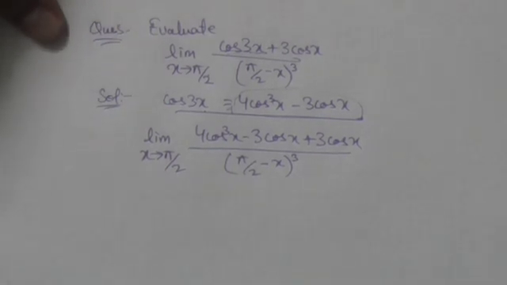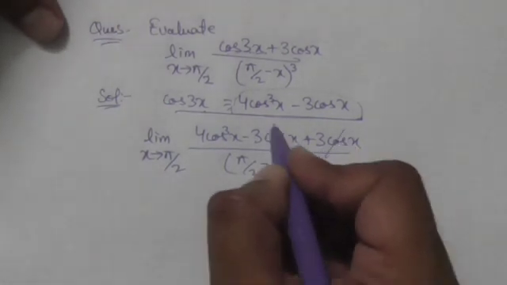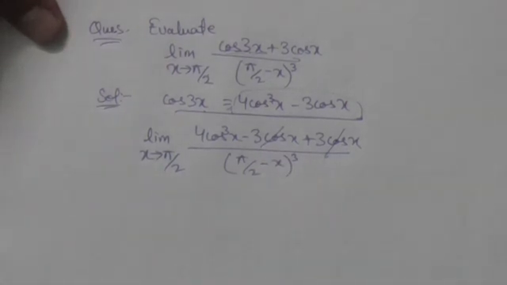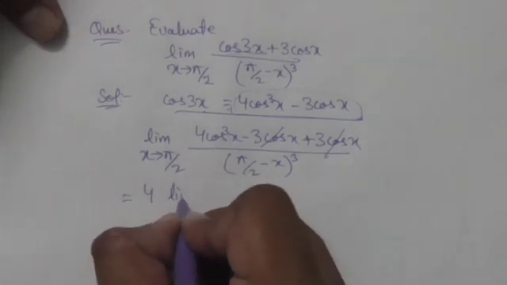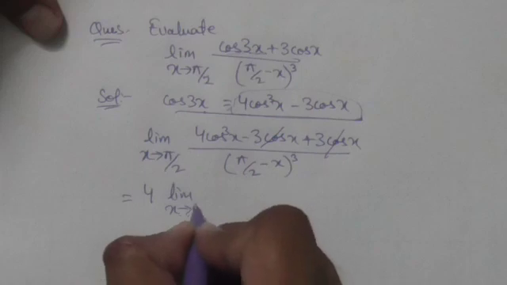Right? Now this minus 3 cos x and this plus 3 cos x will cancel each other because their sum is equal to 0. So now we have 4 limit x tends to pi by 2